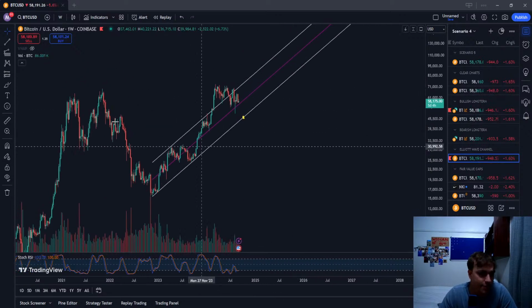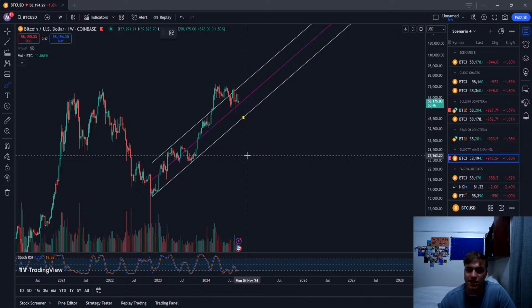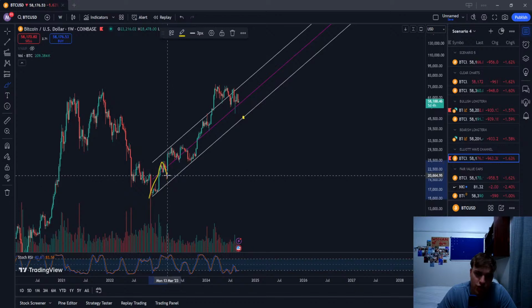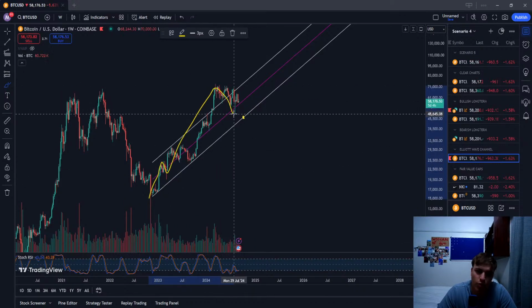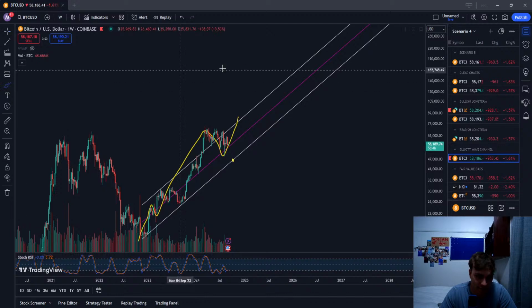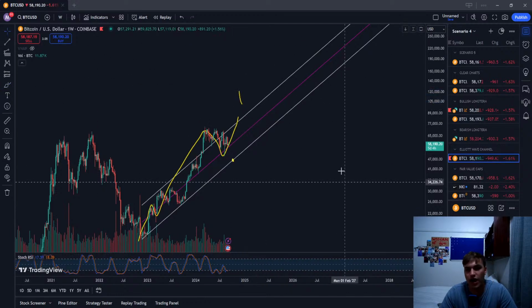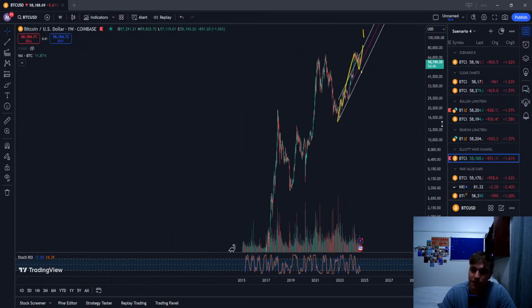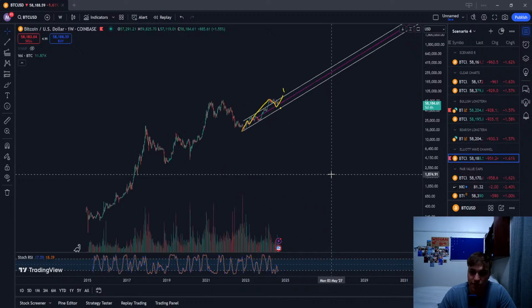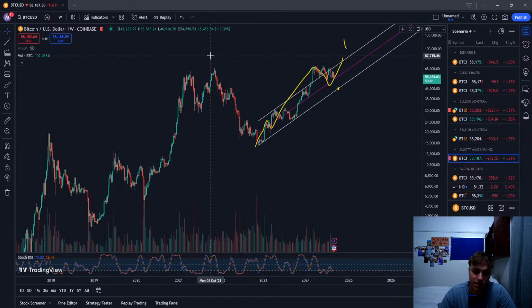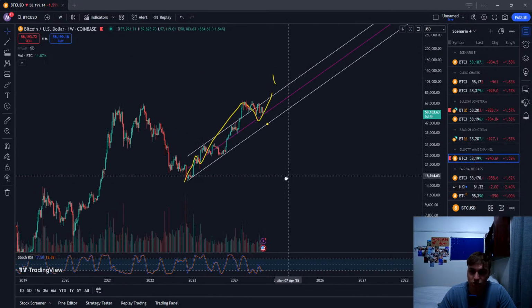And what it actually did, which I hadn't seen before, was mark this as a 1, 2, 3, 4, and then 5 finishing at around that $85,000 level, and marking this entire structure as a wave 1. Now, that would be ridiculous. That would be the biggest double 1-2 the world has ever seen, because this entire move up would be a 1, a 2, a 1, 2.